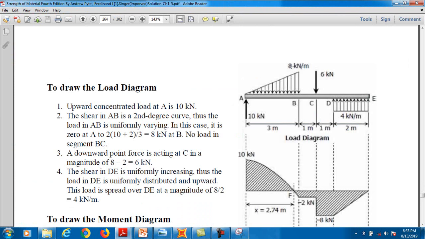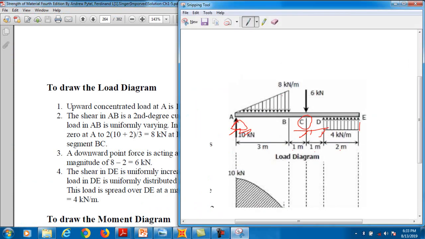Here we can see that this is a uniformly distributed load. Once we select this span, our 0 starts from A. So in absolute spacing we will just insert 0. At 0 we have 0 loading, and at a distance of 3 meter from A, you see that we have a loading of 8 kilonewton. Now at a distance of 3 further, we have